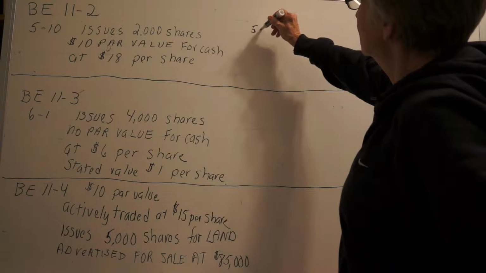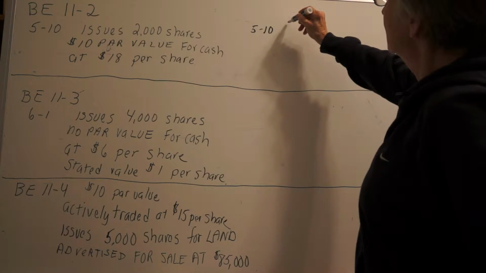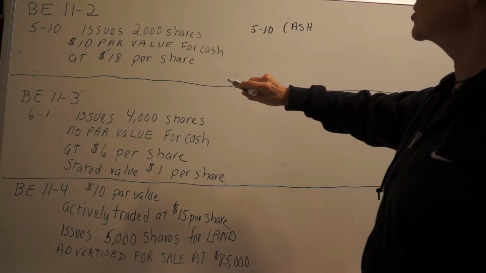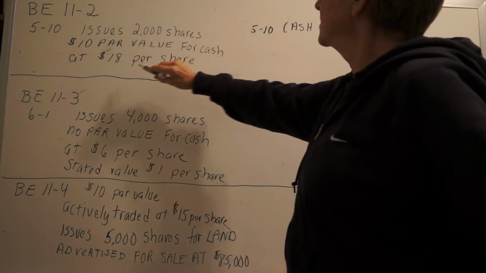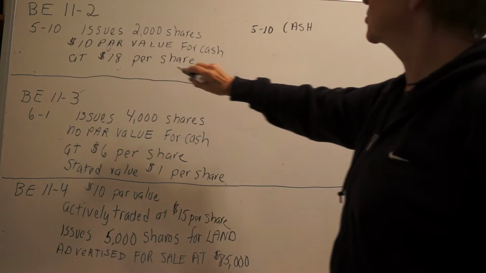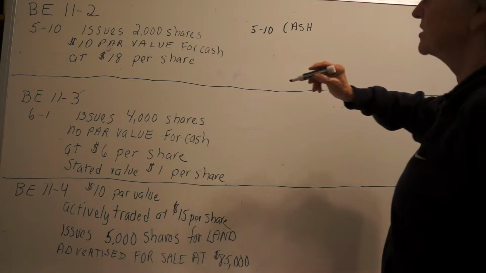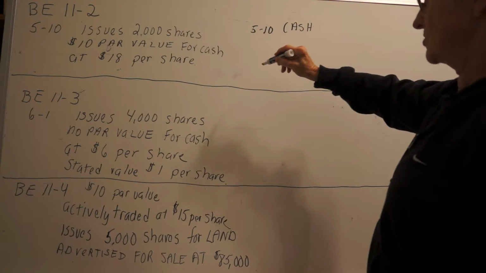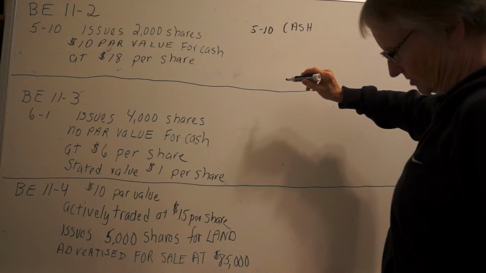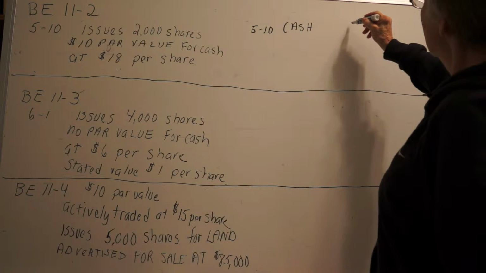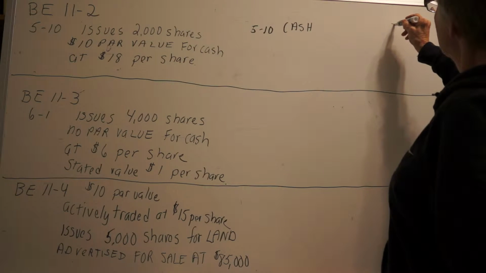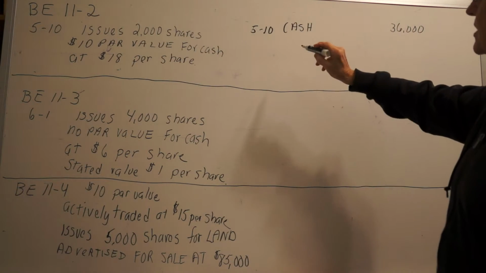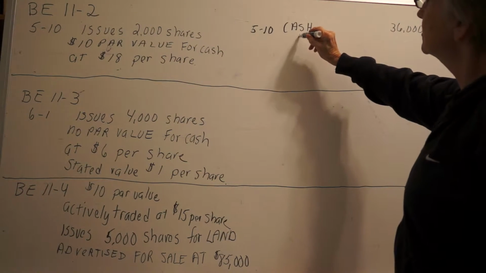Okay, here's our journal entry, we go 510. We get cash, and cash is going to be the number of shares issued, the 2,000, times the market value per share. Because if it's issued at 18, that's the market value. So we would go 2,000 shares times $18, and we would arrive at the amount of $36,000 cash we got. Then we have to allocate that between common stock,